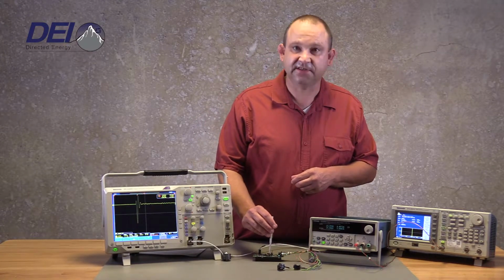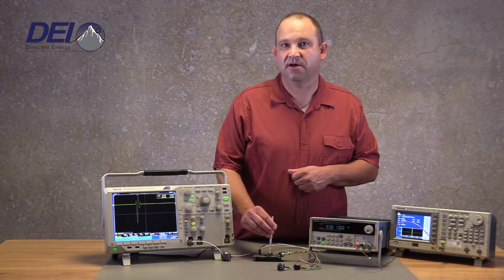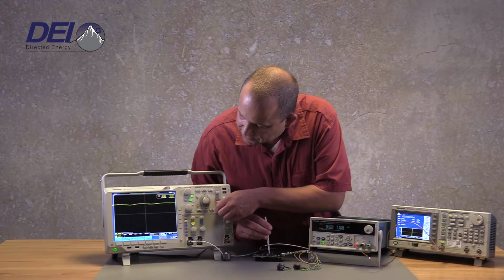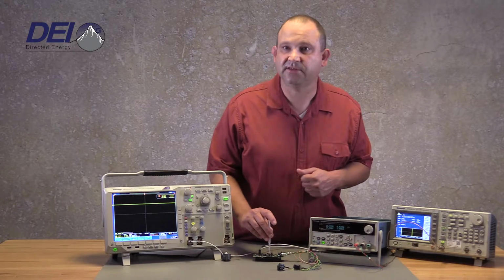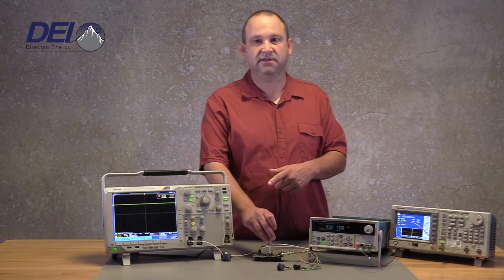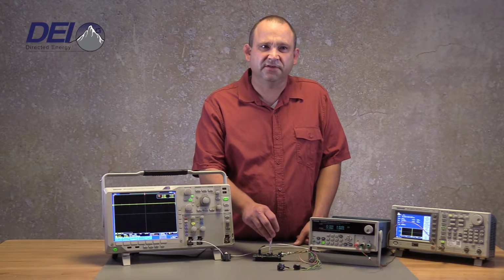Now each position is listed in the manual, and at the end of this video we'll put up a quick slide shot of all the positions for this switch. I'm going to disable. I'm going to increase there. Now we're going to go ahead and switch. Since it will be very hard to go through each and every position and actually see it in the oscilloscope, we're just going to go to the 50 kilohertz to 250 kilohertz switch position range,